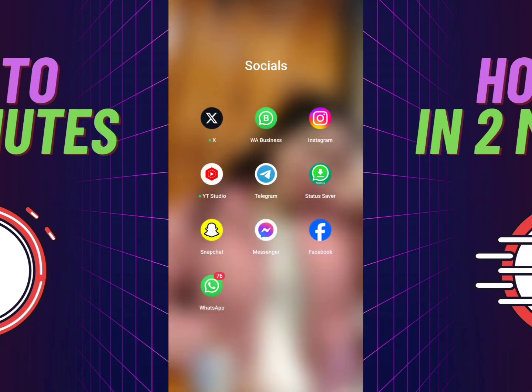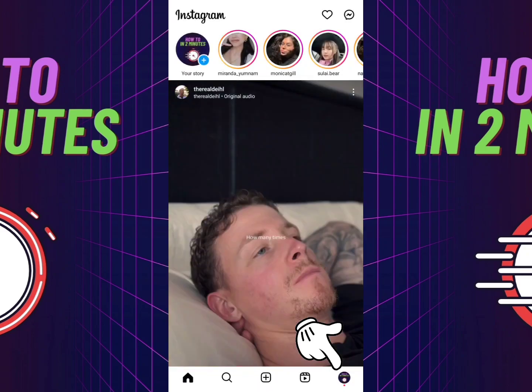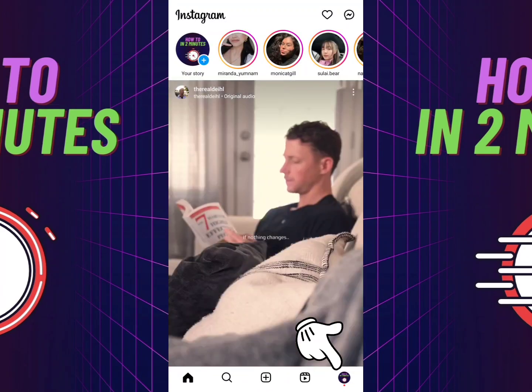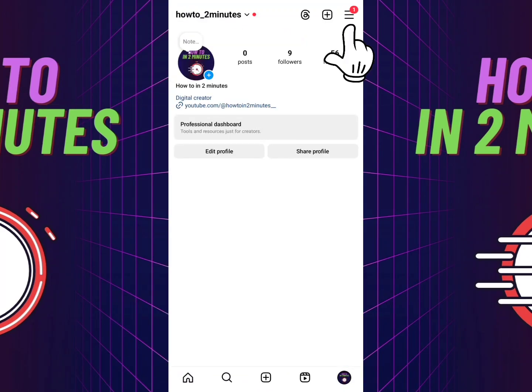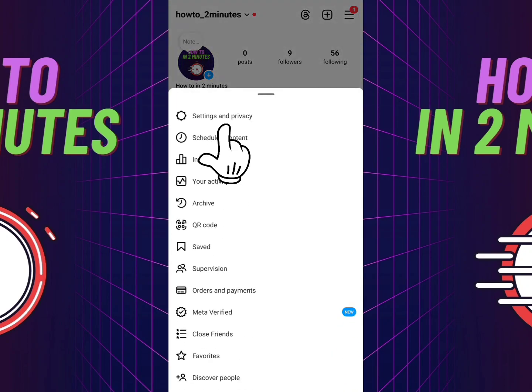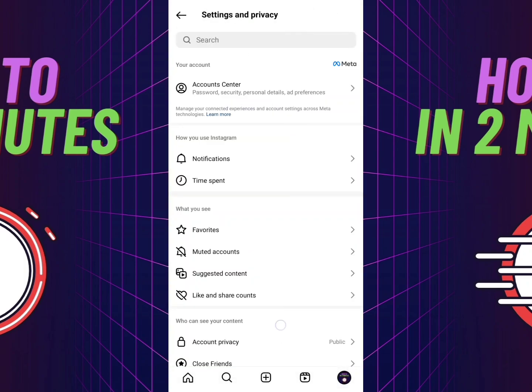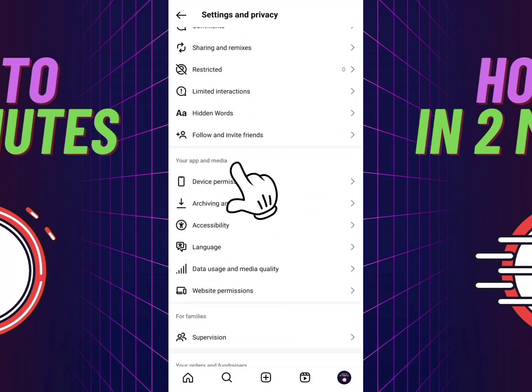After that's done, open the app and click on your profile icon, which is located at the lower right corner. Now look for the 3 lines icon at the upper right corner and click on it. You should see that the settings and privacy option pops up. Click on it. Inside the settings, scroll down to the Your App and Media section and click on the accessibility